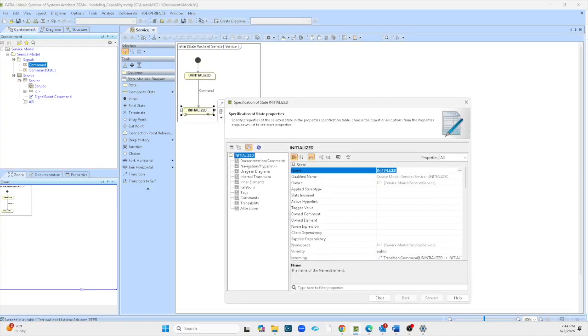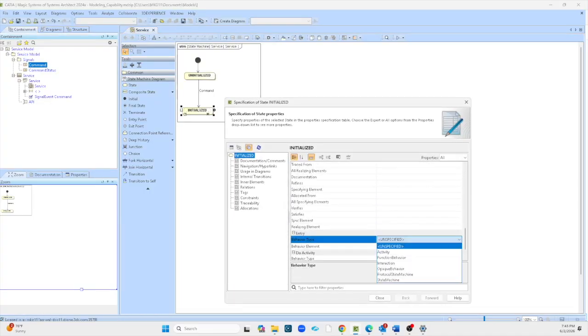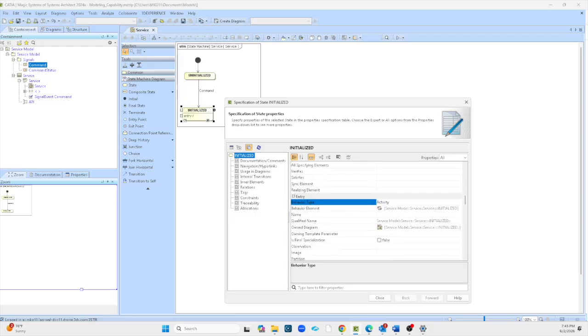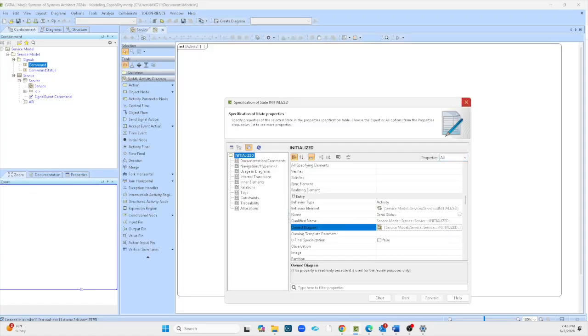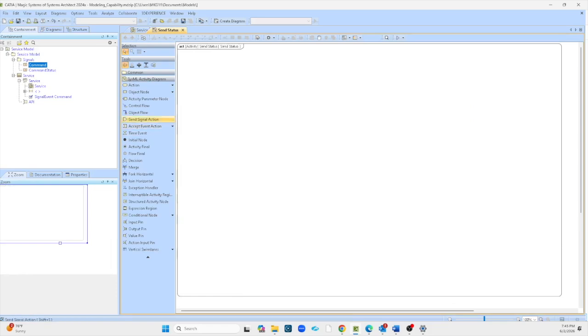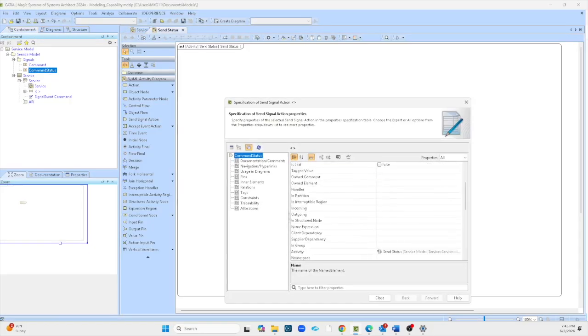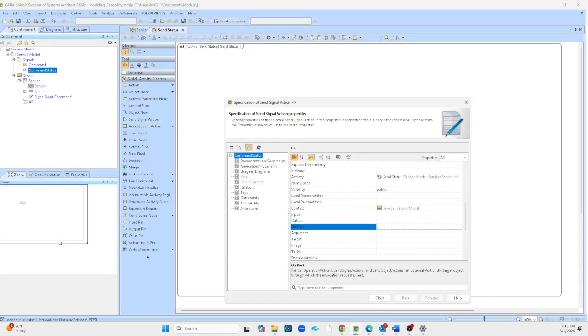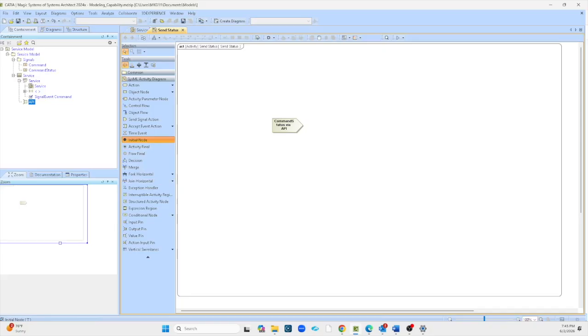And then when we come into initialized, we will go provide entry, which would be send status, and it's going to create a diagram for us, and that would be just sending out command status, and then we'll specify the port API here. So we're just sending,